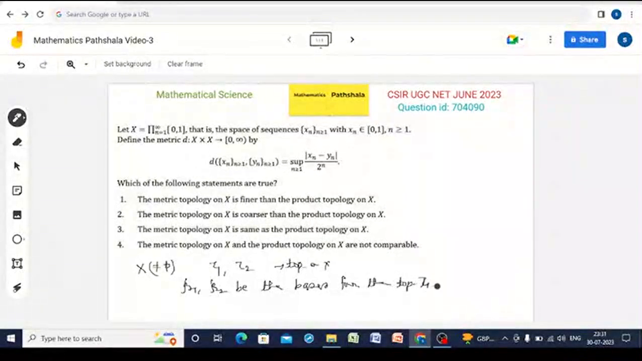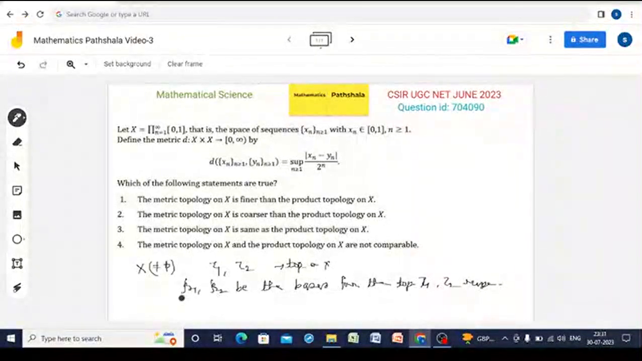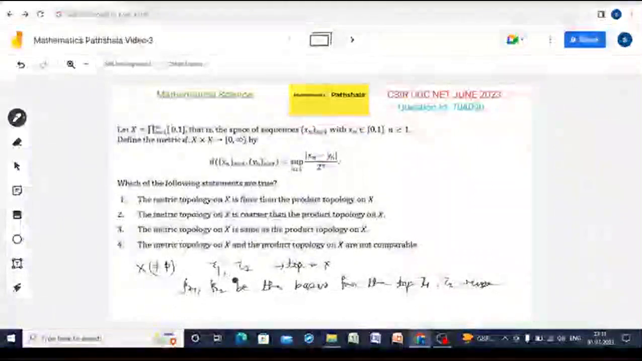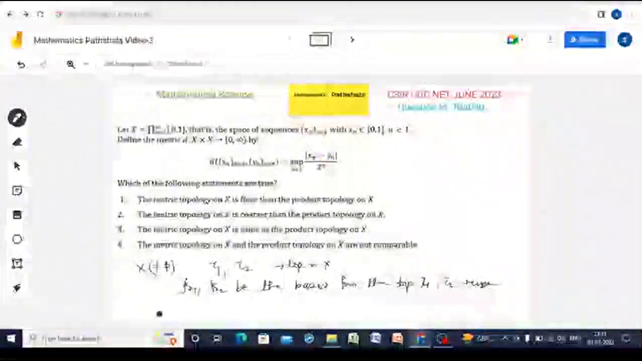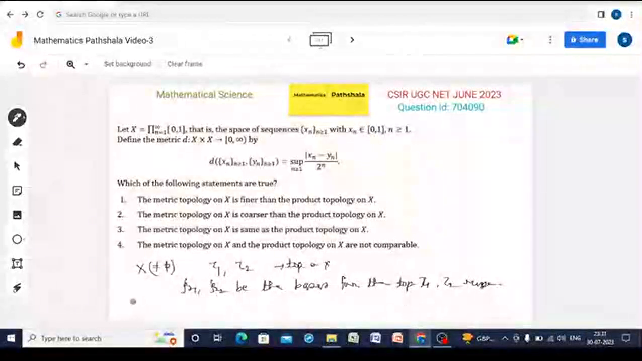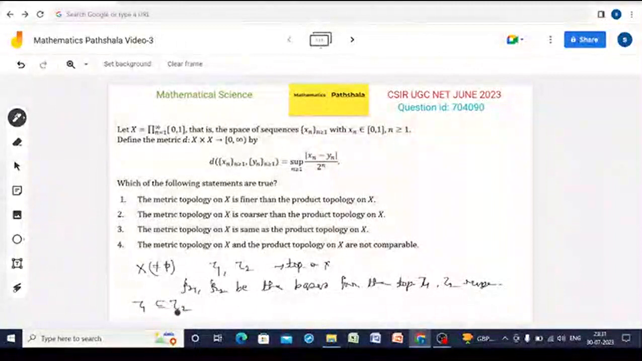For the topologies tau 1 and tau 2 respectively. That means beta 1 generates tau 1 and beta 2 generates tau 2. Now the theorem is about the comparison of tau 1 and tau 2 with the help of their bases. So now tau 1 will be a subset of tau 2, that means tau 2 will be stronger and tau 1 will be coarser, if and only if